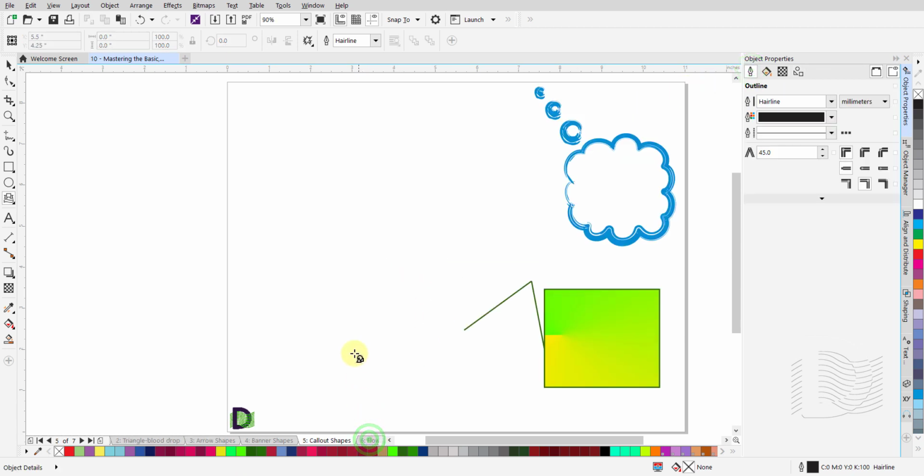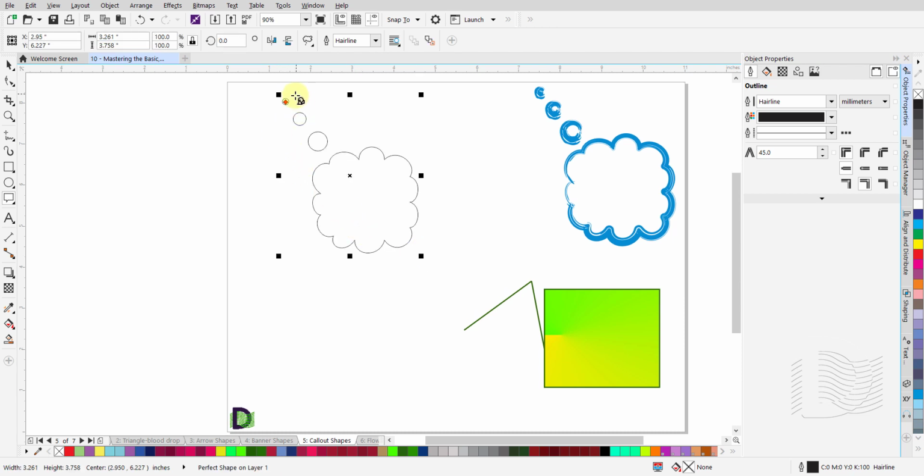Let us have a look at the Callout Shapes group. From the Polygon group set, click on this black triangle to open the sub-menu. From here, click on this icon for Callout Shapes to select it. Up in the Properties bar, click on this black triangle on the Perfect Shapes icon to open the sub-menu. From here, click on the first icon from the second row. Left-click and hold at the intended start point and drag the mouse to draw this callout shape.